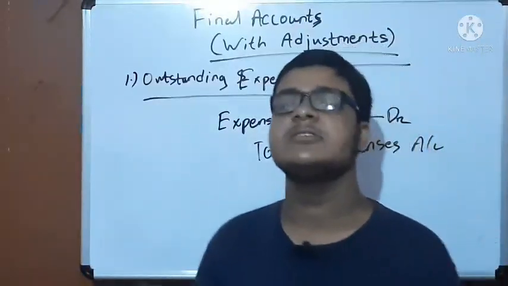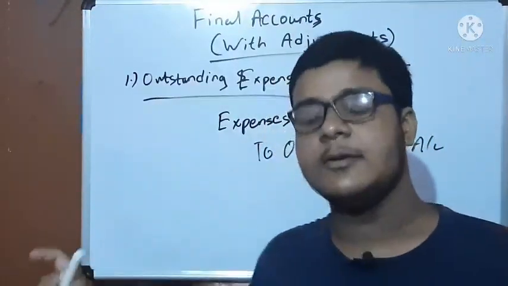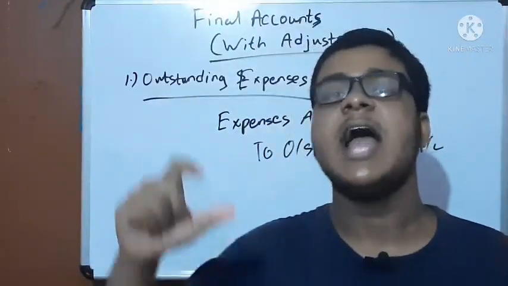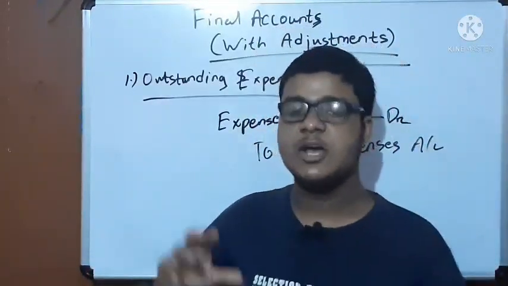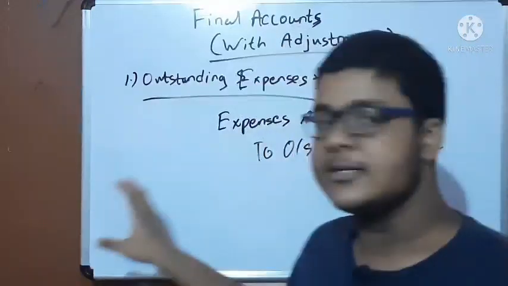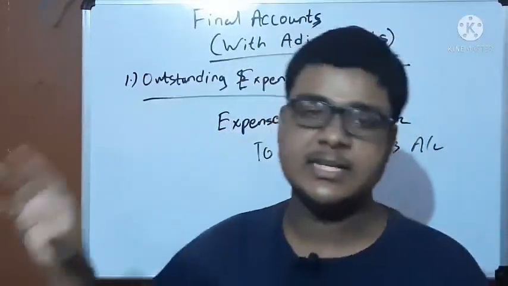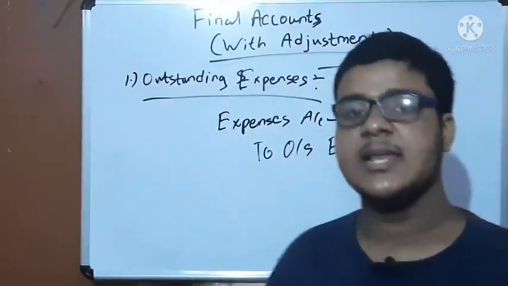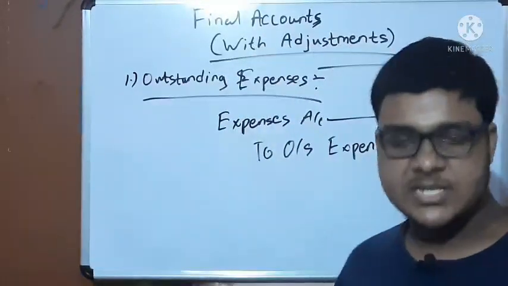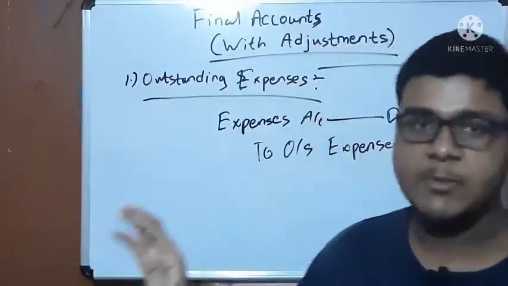So this 7,000 will also be recorded on the debit side of the profit and loss account, because accounting is recorded on accrual basis, not on cash basis. So it is to be recorded on the debit side, by adding it to that salary. The salary is 23,000 and the outstanding salary is also added to it. So 23 plus 7 equals 30,000. So the total amount is 30,000.